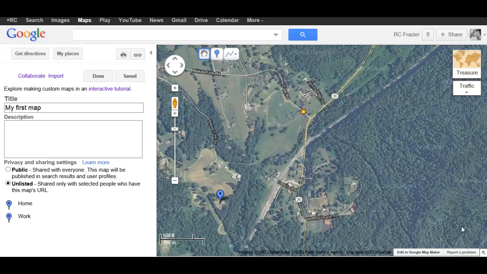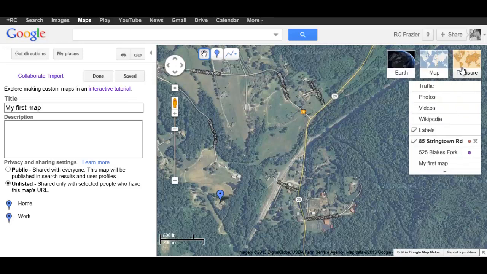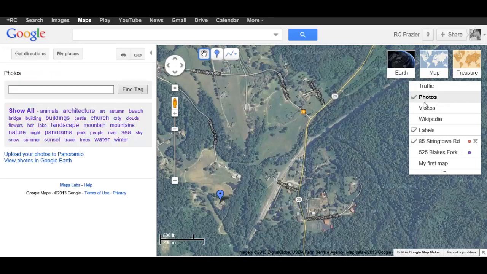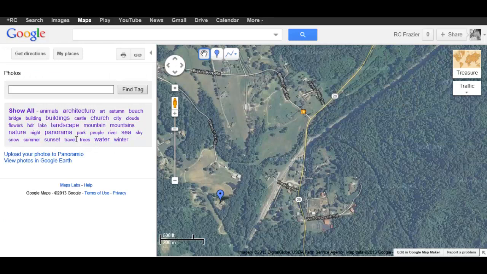Okay, now that we have our short list made, I'm going to show you how to use the photo section of Google Maps, which is very important as we move on over into Jux. If you go over to this box in the right hand corner, you're going to see a list of things you can click on, but for today's purposes we're just going to work with photos. When you click photo, as you can see, it's going to change your box over on the left hand side. Now you can click on individuals. It's going to pop up images with that tag word, whether it be animals, architecture. According to where your location is, that's going to be the effect on the number of photos you have. As you can see here,